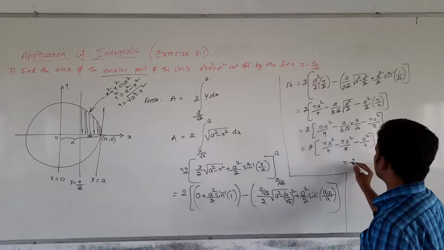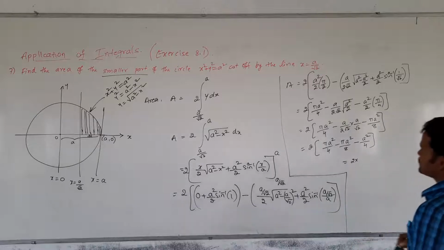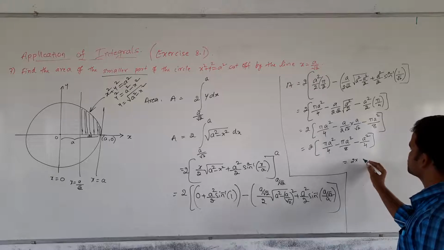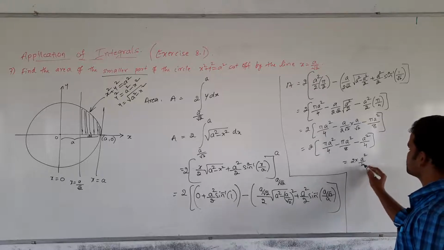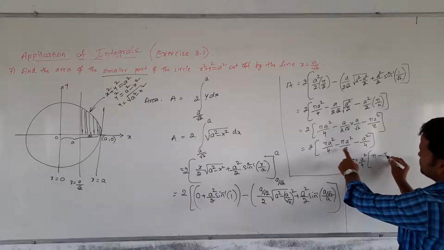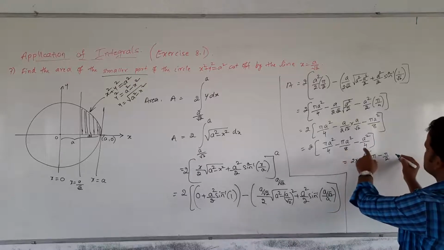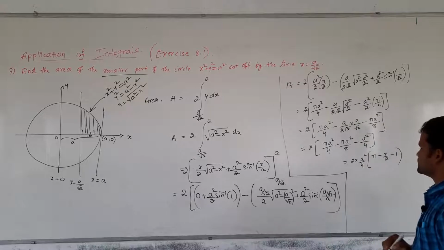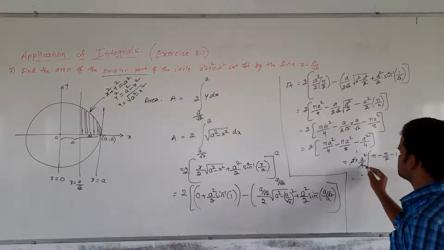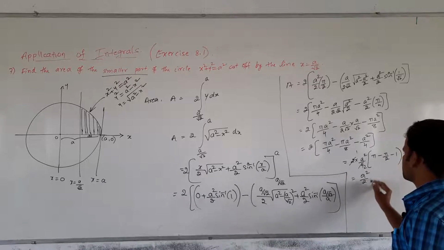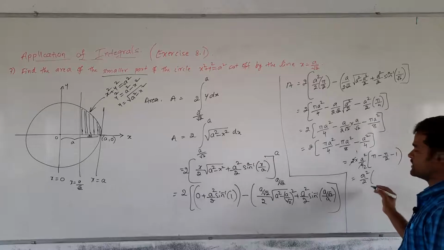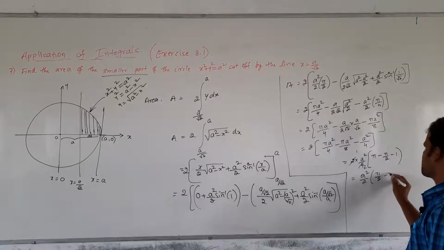From all three terms, what is common here? Common is a square by 4. Take a square by 4 common. A square by 4 into pi remains here. Here pi by 2 remains. A square by 2 is already taken common, that is minus 1. 2 times a square by 2, 2 ones are 2, 2 twos are 4. This is a square by 2 into pi minus pi by 2. 180 minus 90 degrees, 90 degrees. So it is pi by 2 minus 1.